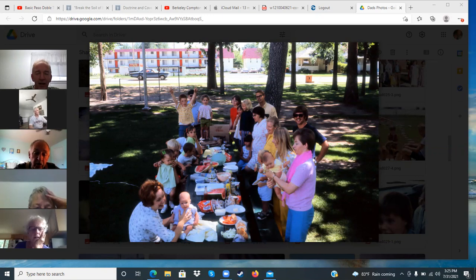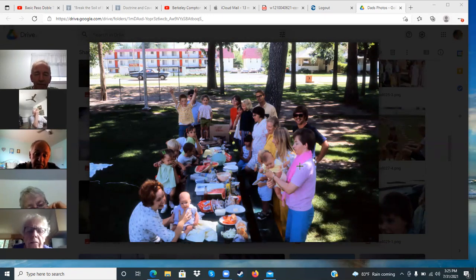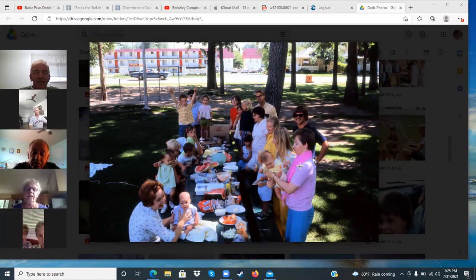That's Marcielle holding the baby on the right. Are you sure? I don't remember. I can't tell. It looks more like one of her daughters, but none of her daughters were old enough. I don't remember Marcielle's hair ever being that dark.